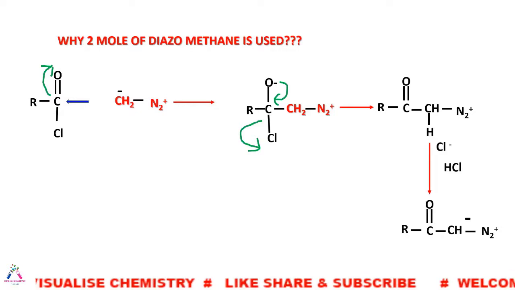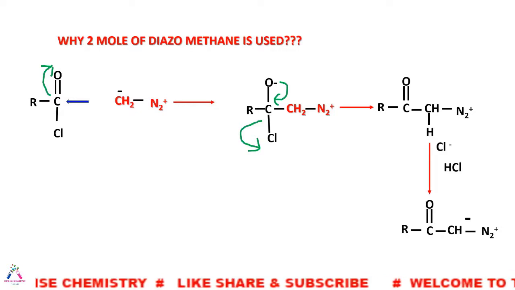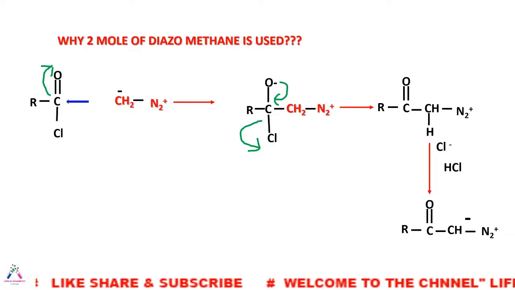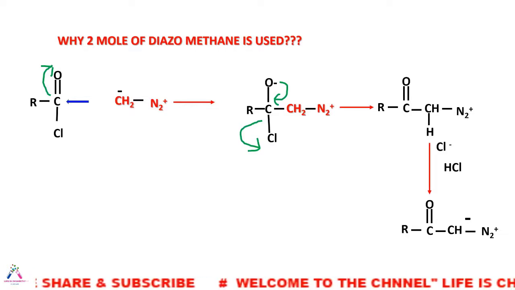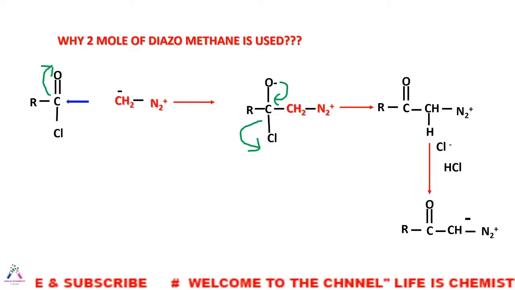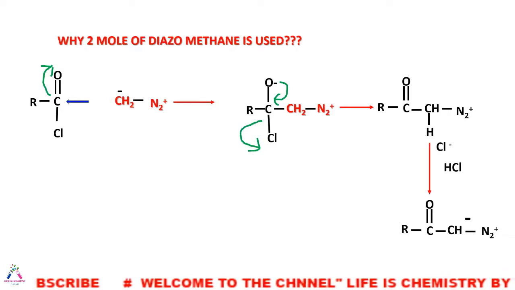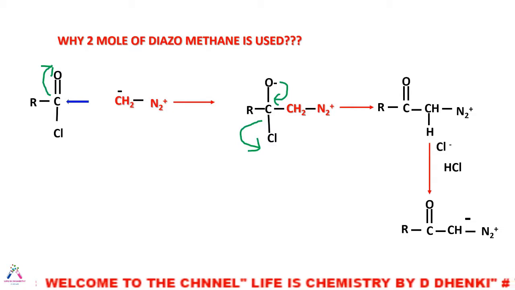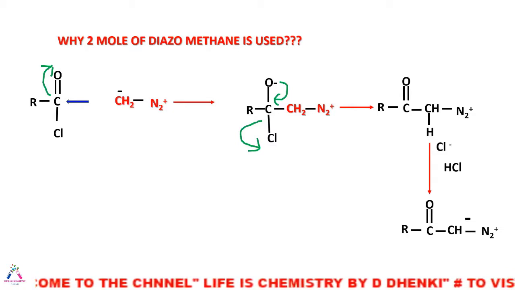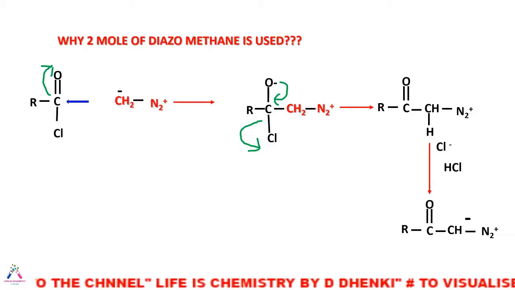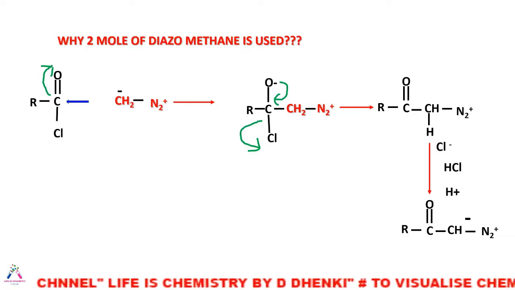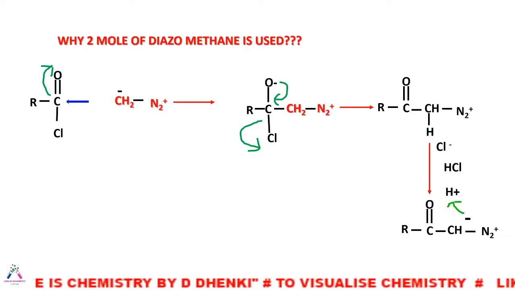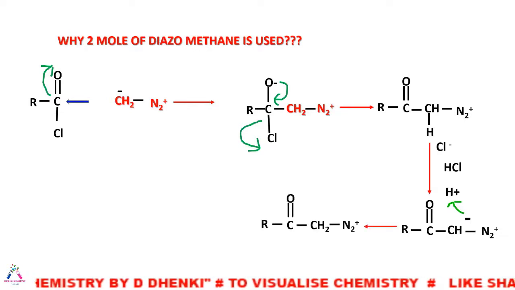After that, this ketene will react with water to form the homologue of the starting carboxylic acid. Now, if this HCl is not removed from the reaction system, it will go into a side reaction. For this side reaction, we don't get our desired product by the Arndt-Eistert reaction. This diazoketone will abstract the proton which is produced from the HCl, and it will form a compound which